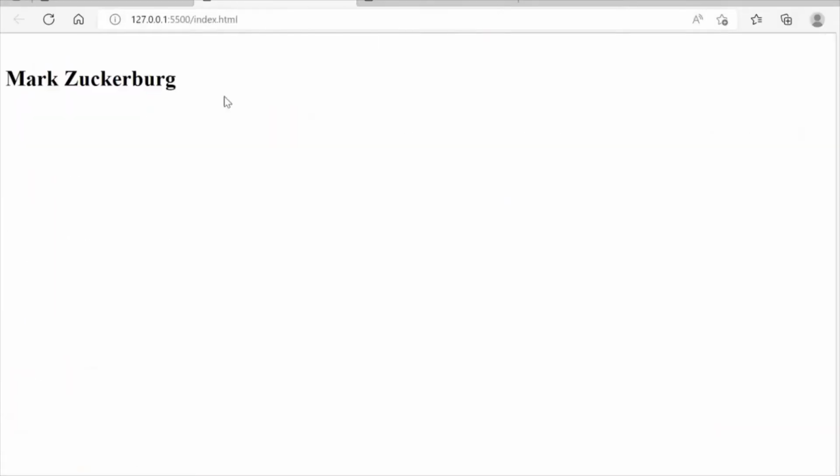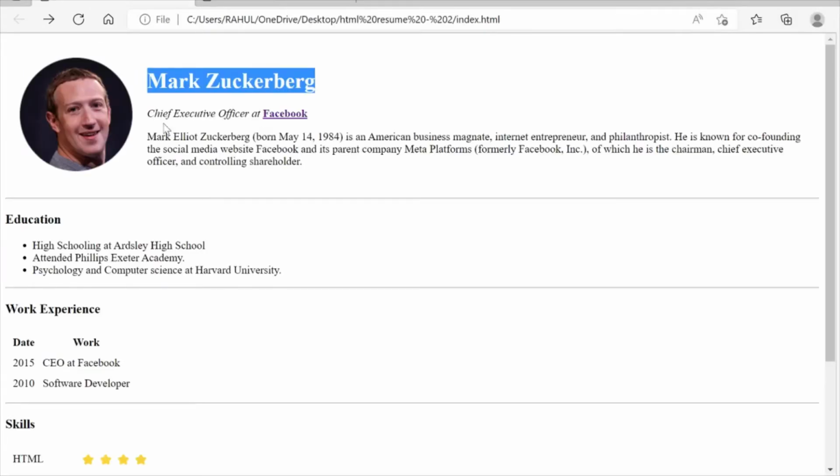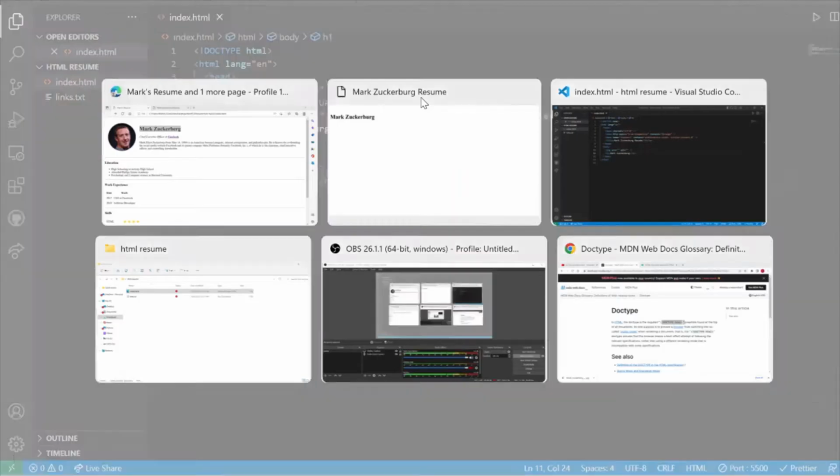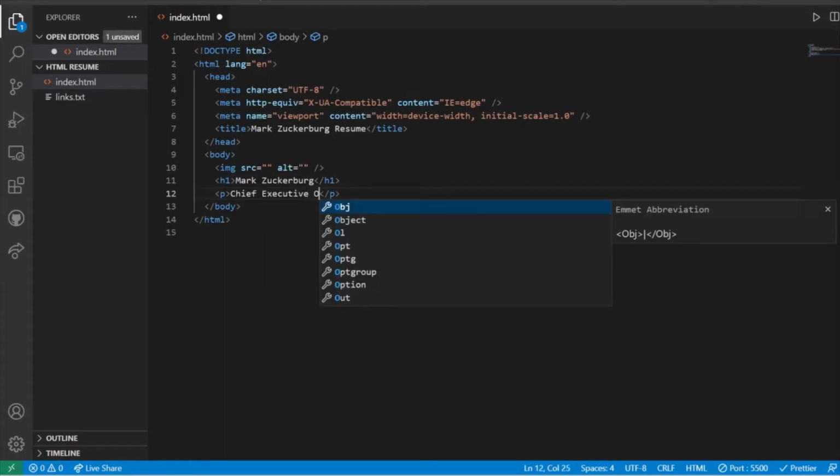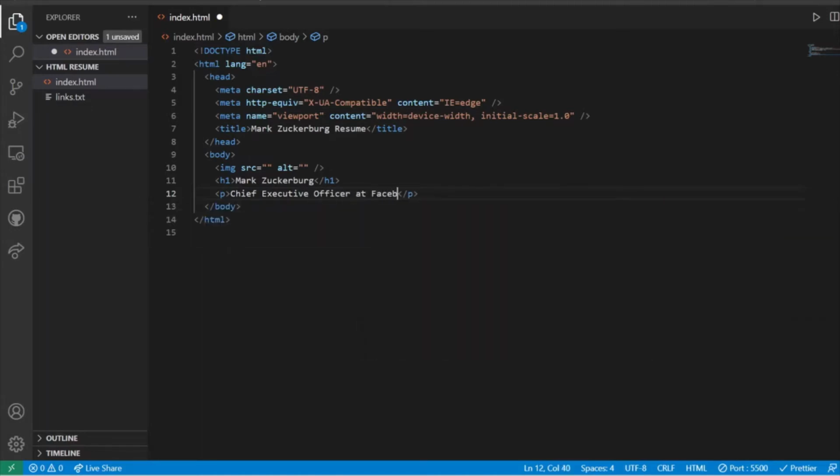When you visit this page, you can see the name is displaying, right? The next thing is the role, Chief Executive Officer at Facebook. In order to get this, we are going to make use of a paragraph tag. So I'm going to put a paragraph tag P, and I'm going to put the role, that is Chief Executive Officer at Facebook.